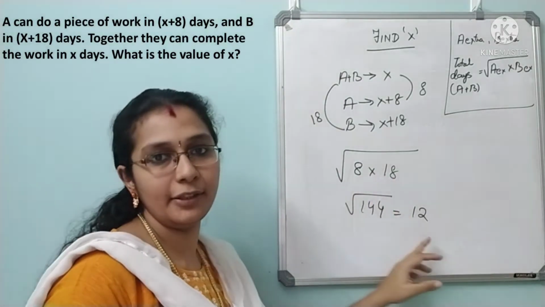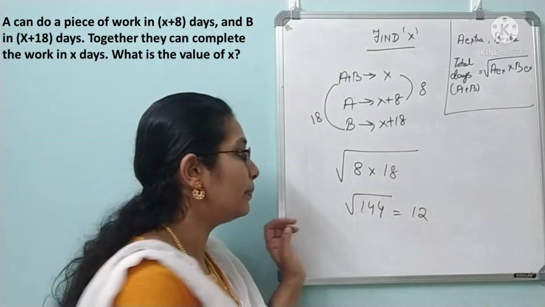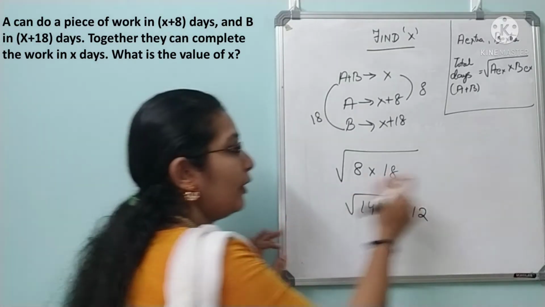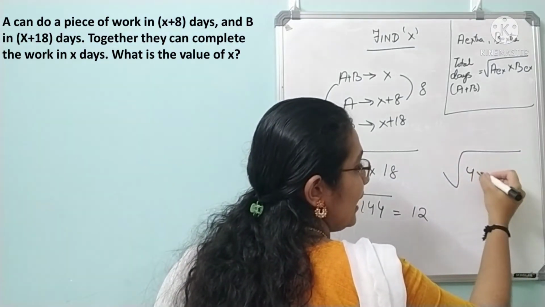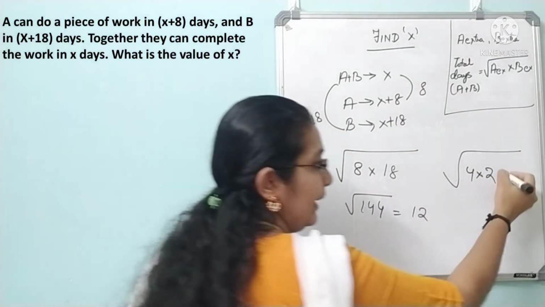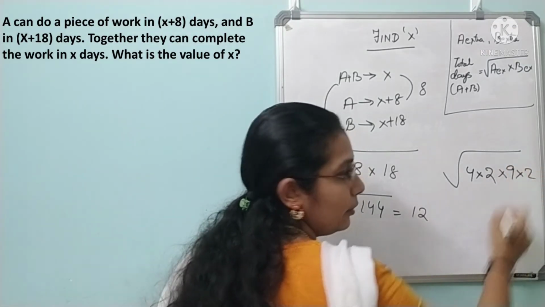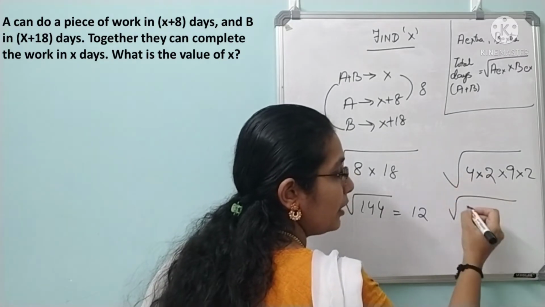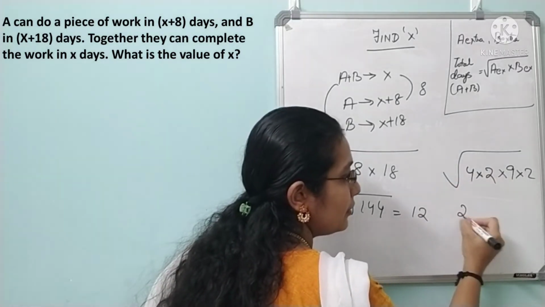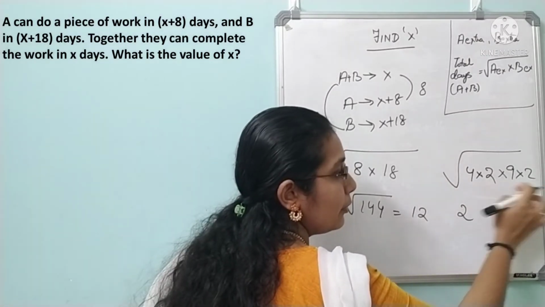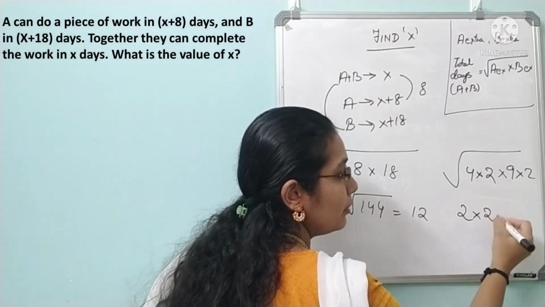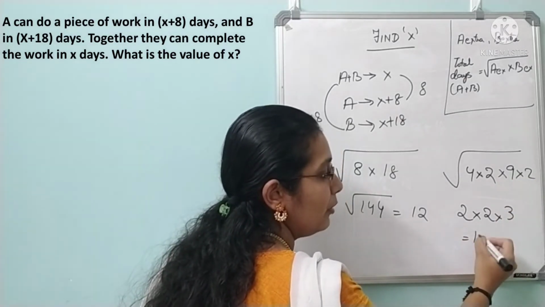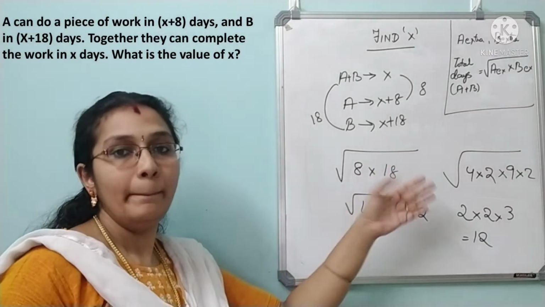Like this also you can do. If it is a small number, it is fine, you can multiply and do it. If it is a big number, try to multiply a square number into the remaining number. For 8, 4 is a square number into 2. For 18, 9 is a square number into 2. Now if you find the square root, it is very easy, right? Square root of 4 is 2 and square root of 9 is 3. So 3 2s are 6, 6 2s are 12. This is how you can find it easily when you have big numbers.